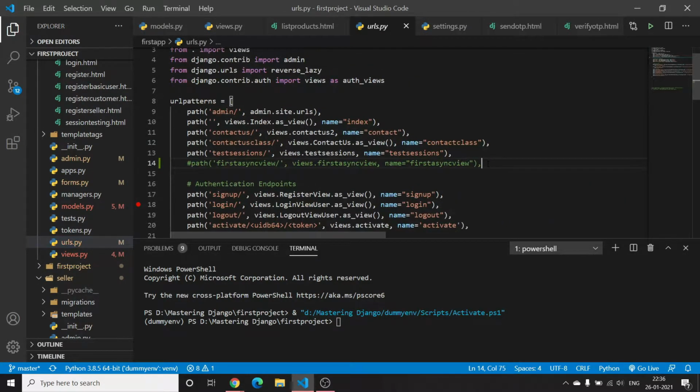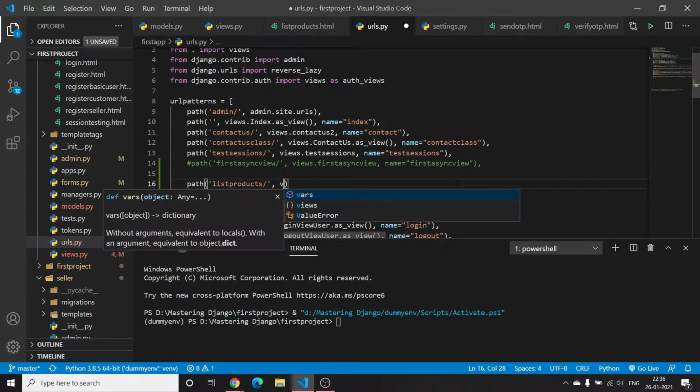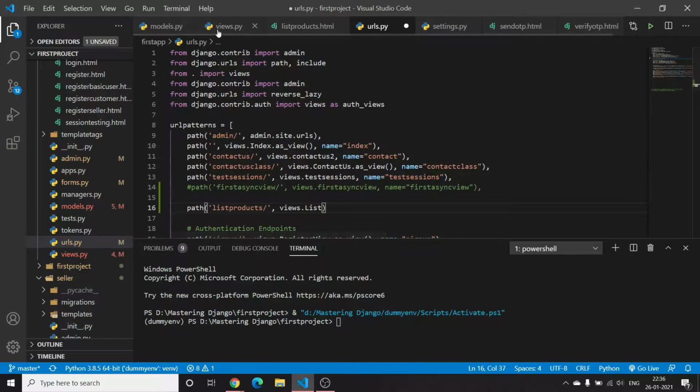So I will be adding here path list products, views.list, and the view is list products, and name equals list products only. Okay, let's do it, control save, and here we run the server.